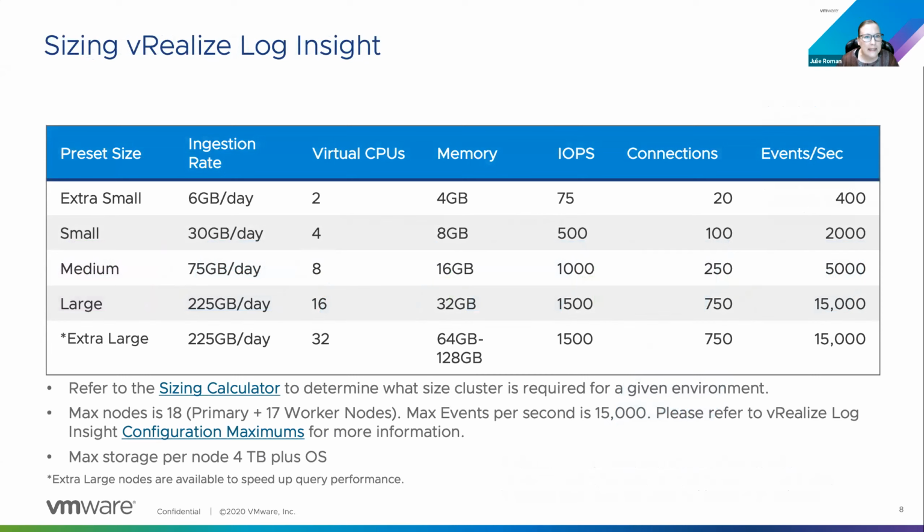This is the basic sizing guide. So an extra small deployment would be for a POC type activity. And then we have small, medium, large. We actually have extra large and extra large if you want to consider it that. Now, by default, the virtual appliance is deployed with 500 gigabytes of storage. If you do want to increase that, you can have up to a maximum of 4 terabytes per node. The maximum disk size is 2 terabytes.